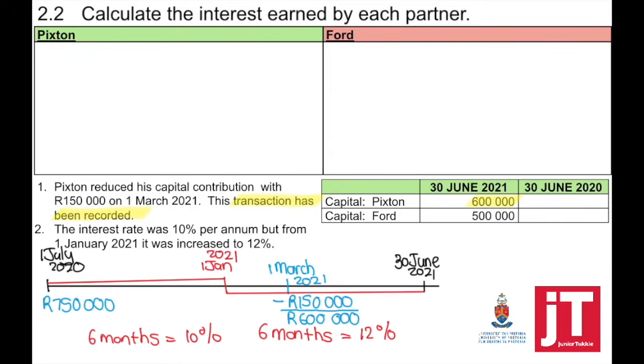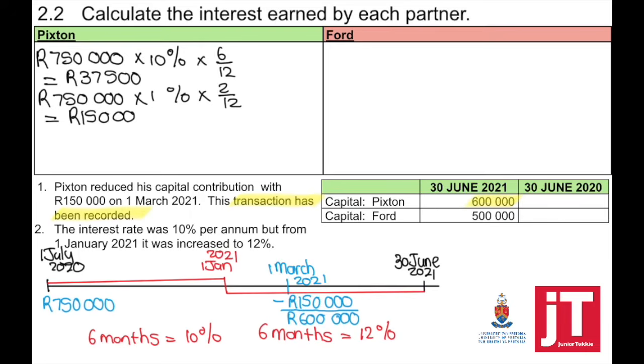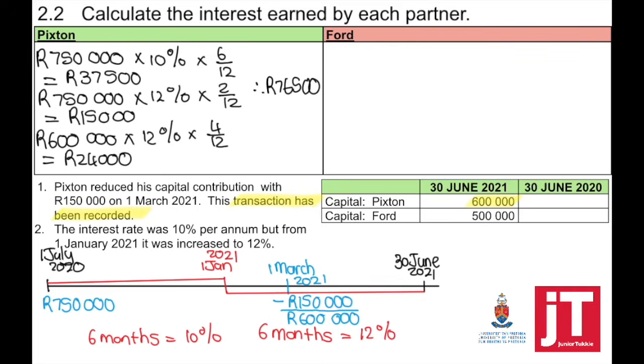So when we look now at Pixton, 750,000 times 6 months, and then we have to calculate 750,000 times 12% for 2 months from January until March. And then the third part of this calculation, his new balance, 600,000 times 12%, times 4 divided by 12. So my total interest for this accounting period for Pixton is